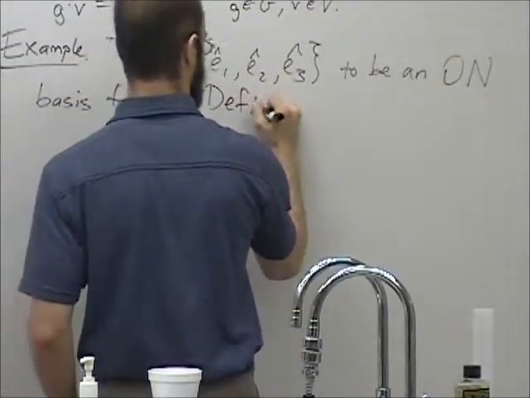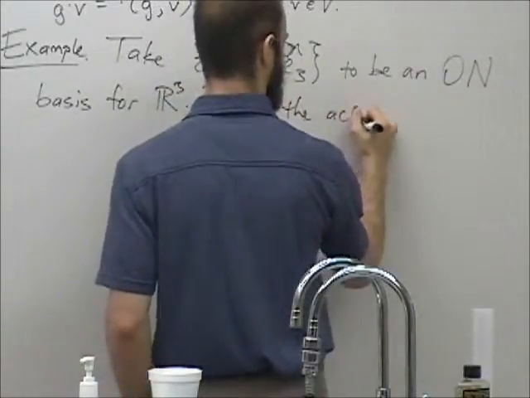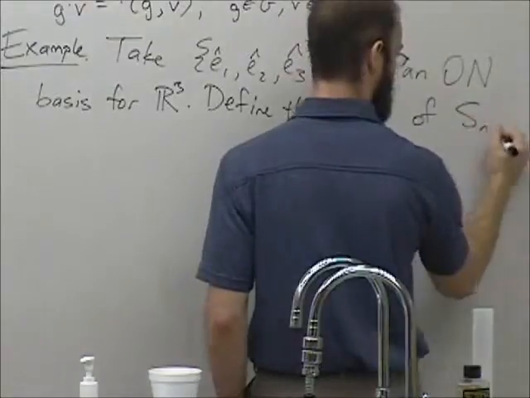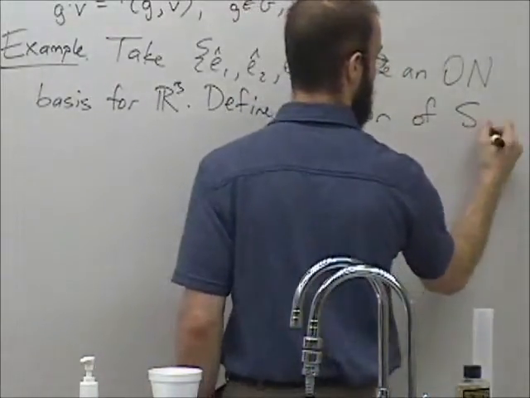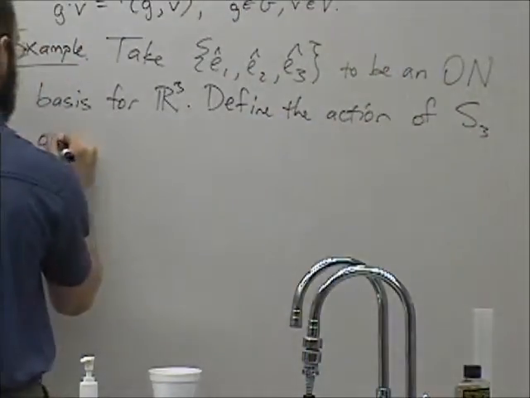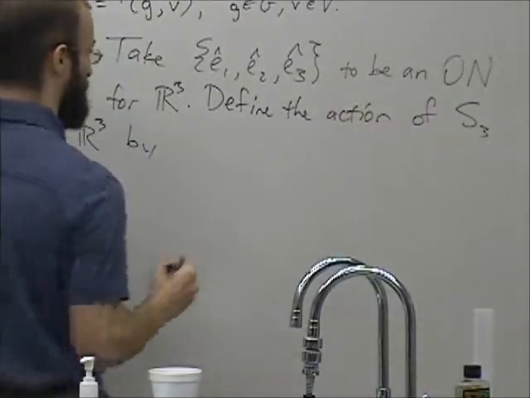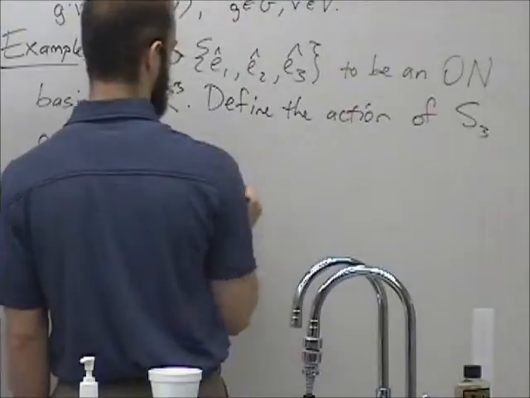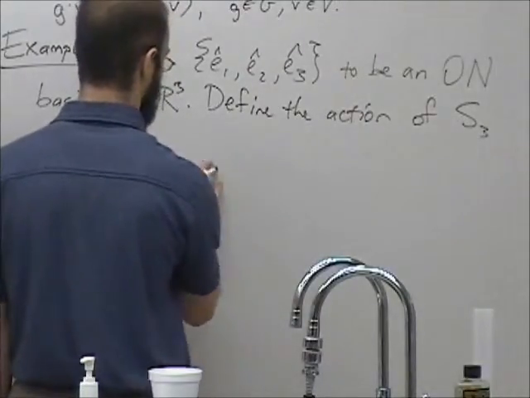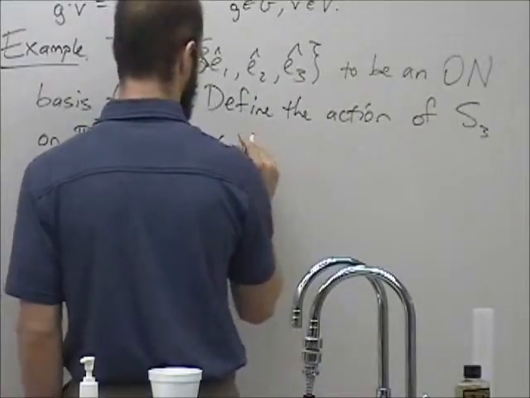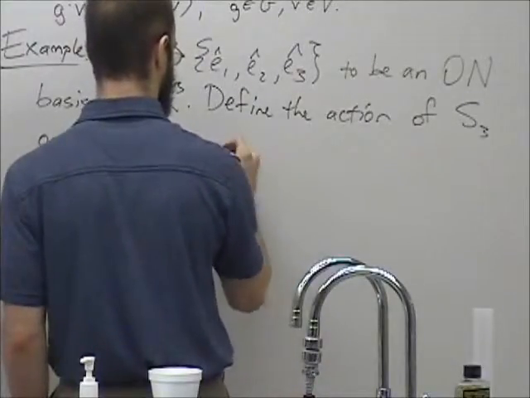Define the action of the symmetric group S3 on the vector space R3 by this map. I'm going to use a sigma for the group element, sigma dot V